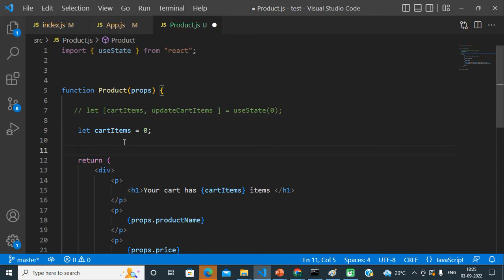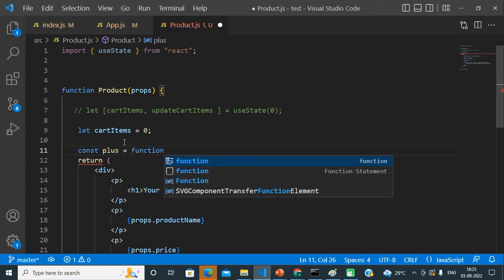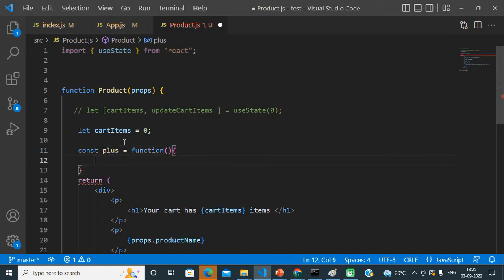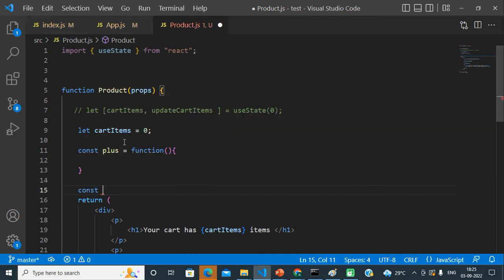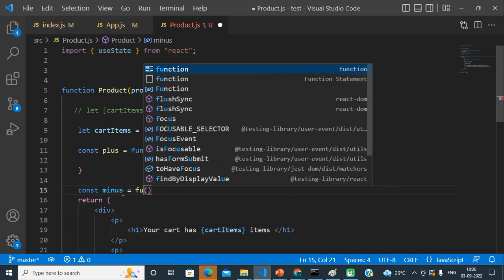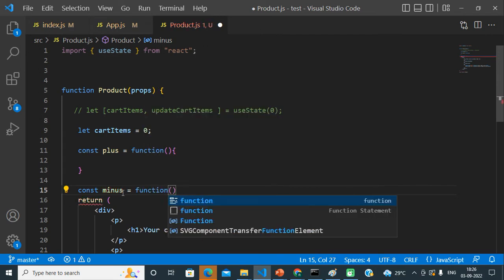Now I am defining these two functions here. So const plus equal to function, and const minus equal to function.